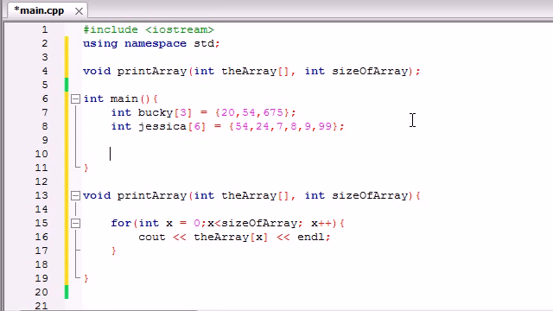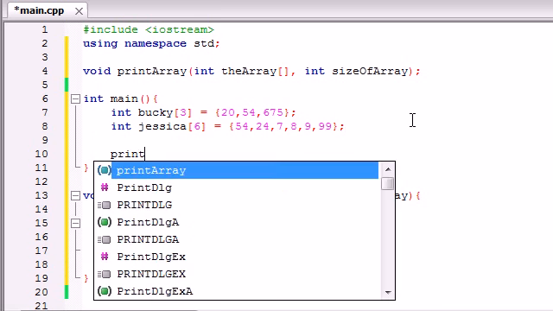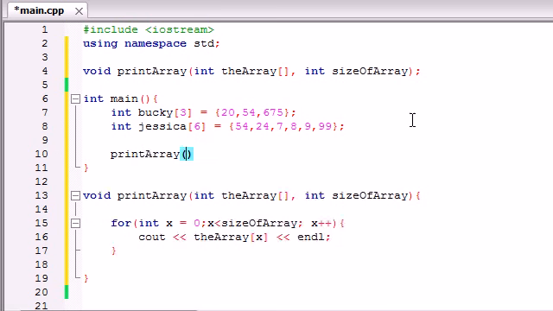So whenever we want to use this function that we just created, just go ahead and type the name of your function, print array, and give it the 2 pieces of information it needs. But at the beginning of this tutorial I said that there are a couple tricky things that you guys need to watch out for. This is one of them. You might think in the first parameter you might type Bucky, or Bucky square brackets, or Bucky square brackets 3, but actually the only thing you type is the